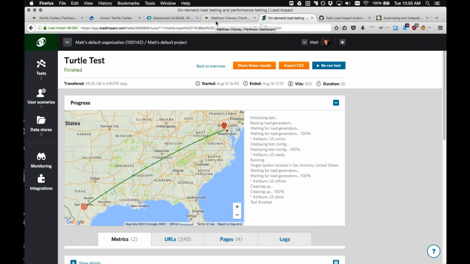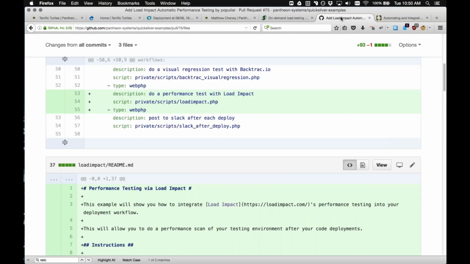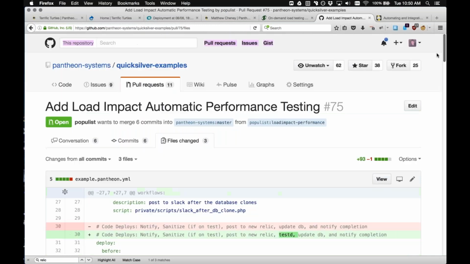And so that's something, if you want to make sure you performance test every deploy, check out this pull request, pull this code, and that'll do it for you. And I believe Load Impact actually uses full simulated browser clients, so you'll see front-end performance issues as well with Load Impact. And more data the better, and make sure you get that data reliably and also consistently, because now